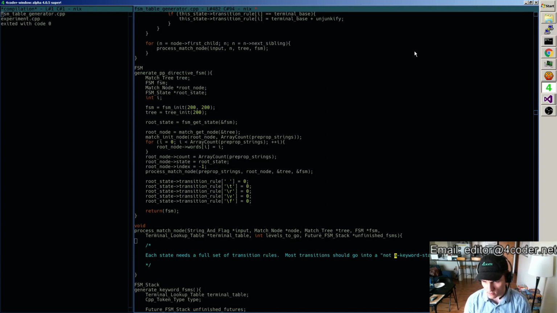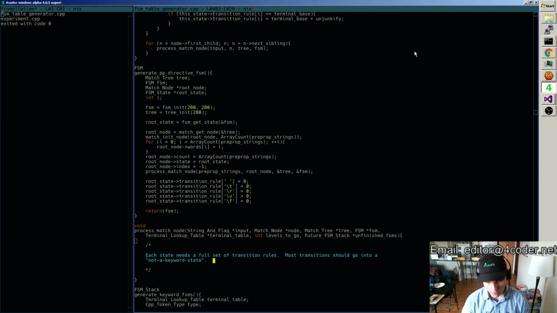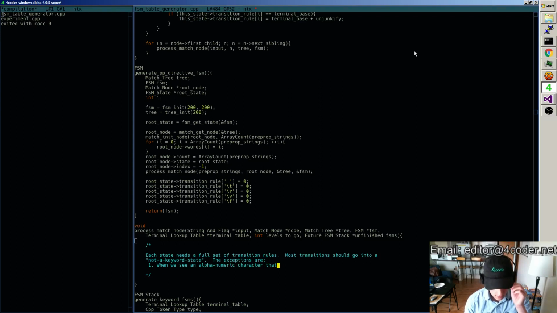So what I'm saying is most things will go to this, hey, this is not actually a keyword, we found something about it that's not a keyword. The exceptions are: 1, when we see an alphanumeric character that is the next character of an actual keyword,